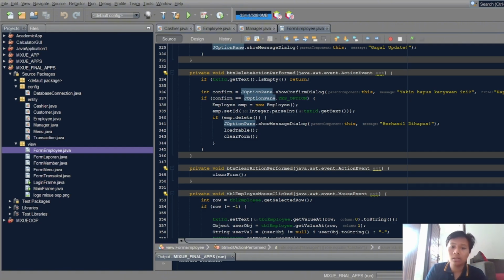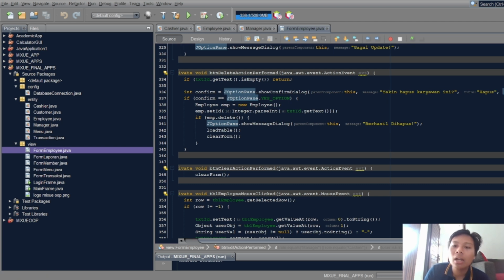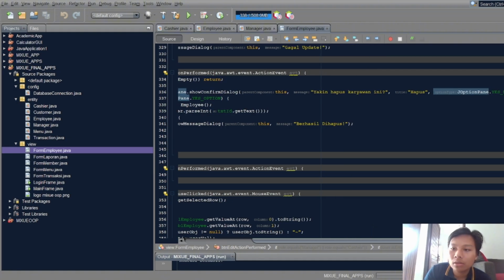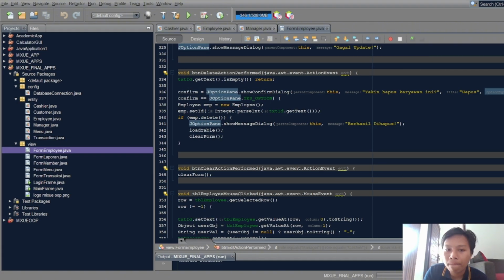And then this is a variable to confirm. If confirm, we must show the dialog. This dialog has a yes option. The option is yes or no.